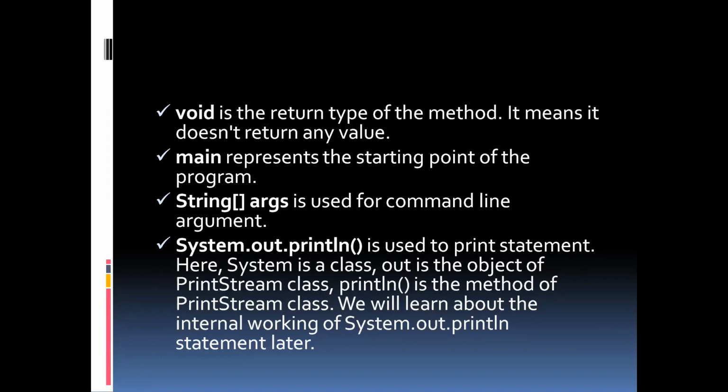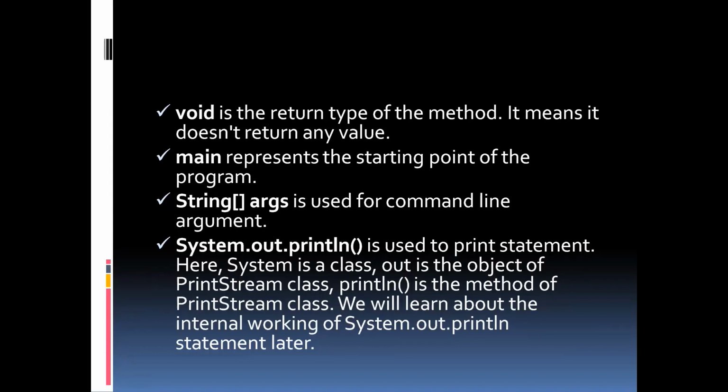When it comes to String[] args, it is used for command line arguments. The main method also accepts some data from the user. It accepts a group of strings, which is called a string array. It is used to hold the command line arguments in the form of string values. Here, args is the array name and it is of string type. It means that it can store a group of strings. Remember, this array can also store a group of numbers, but in the form of strings only.